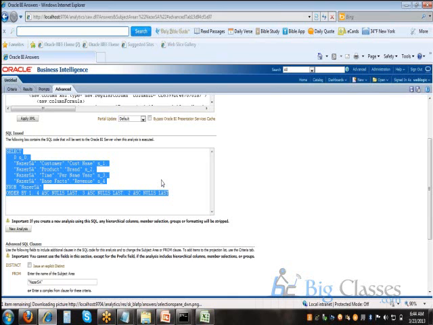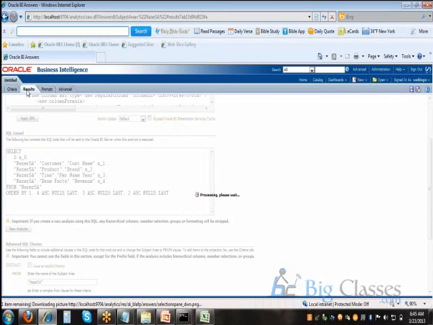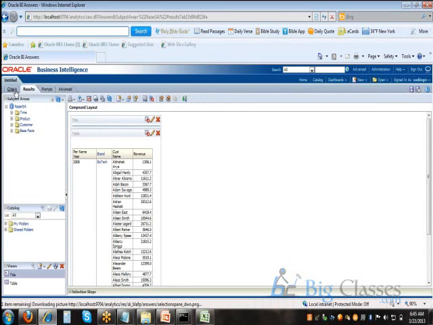Can you all view it? This is the query logic, how OBIEE will send it to the database. Whatever database it is connecting to, it sends its own query logic. Suppose I want to filter some customer names, that query logic will be: so and so customer name is in particular customer names, right? So I'll show you how we can filter.